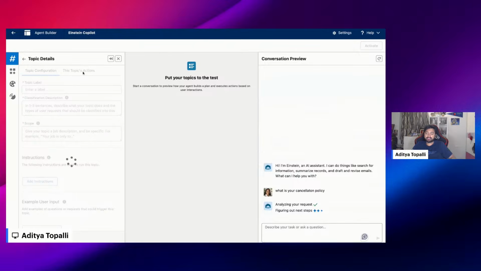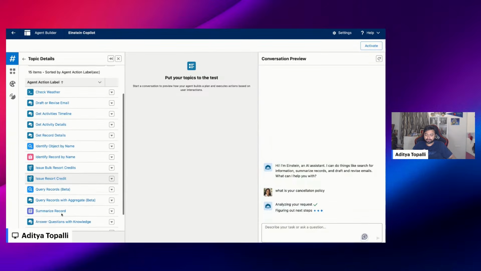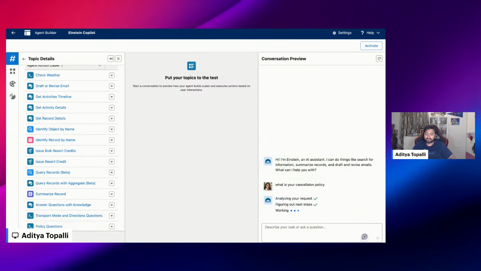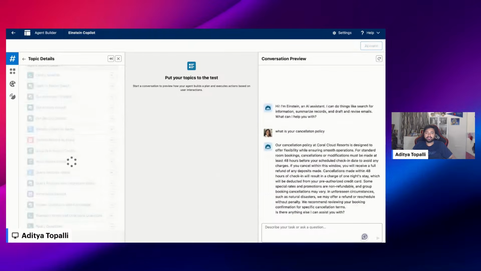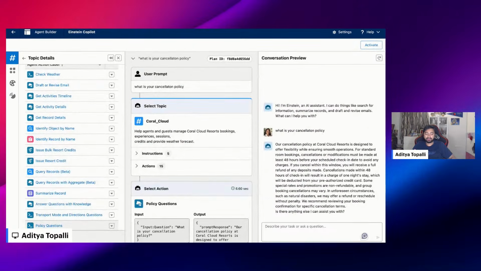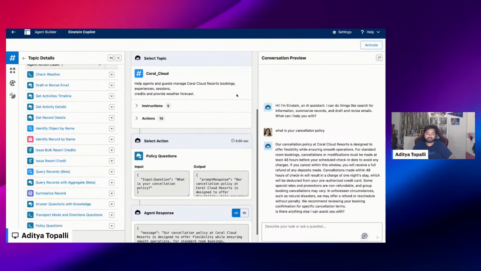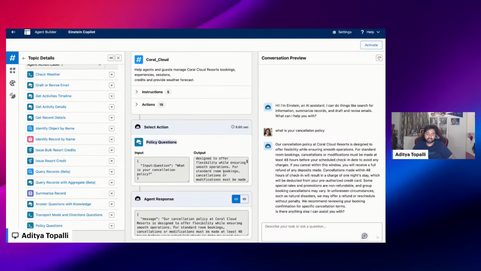It's because I have actually created the prompt template as an agent action. So agent actions can either be Apex classes, flows, or prompt templates. I've created a custom agent action called policy questions. And if you notice, based on my question, that is the action that has been invoked, and the prompt response